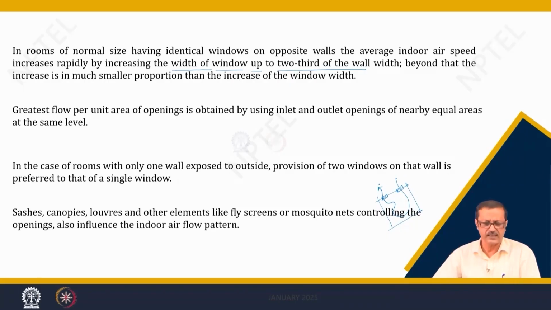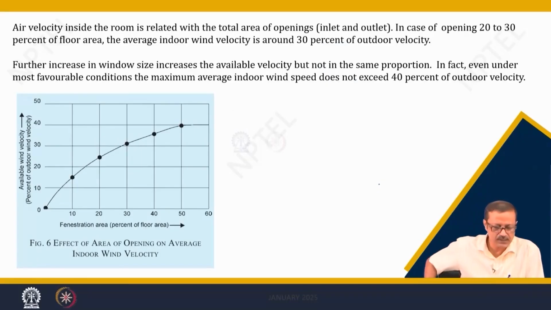The last one is that because of the sash, the canopies, the louvers, or sometimes a net we put to prevent the entry of mosquitoes, all those additional attachments with the windows will change the amount of natural ventilation, and also change the pattern of the ventilation airflow inside the room. So, now as per the NBC and also SP